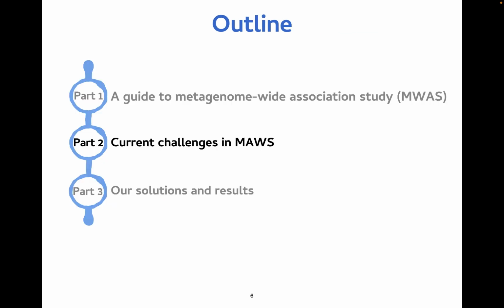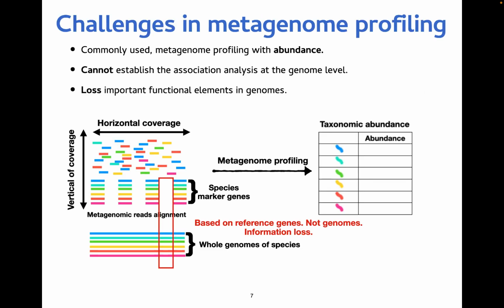Now we come to part 2, current changes in MWAS. Currently, the methods of metagenome profiling with abundance are commonly used in many MWAS papers and help to identify a lot of significant associations between human phenotypes and microbiome. However, there is a problem of metagenome profiling with abundance because it cannot establish a complete association analysis at the